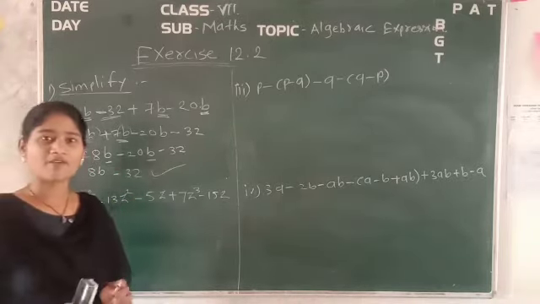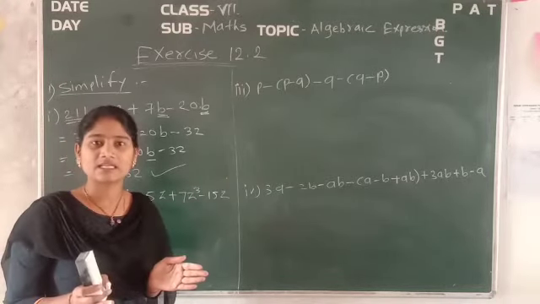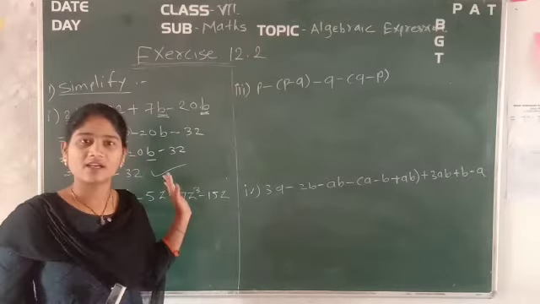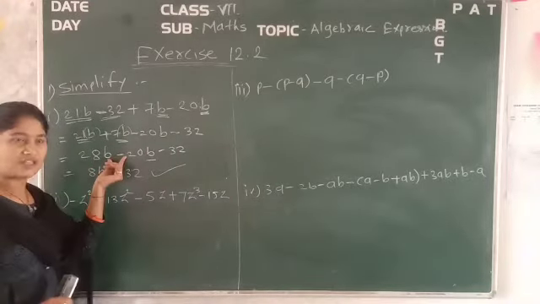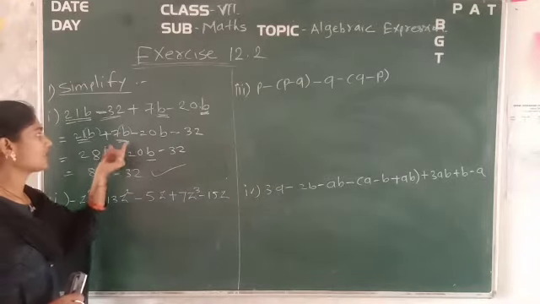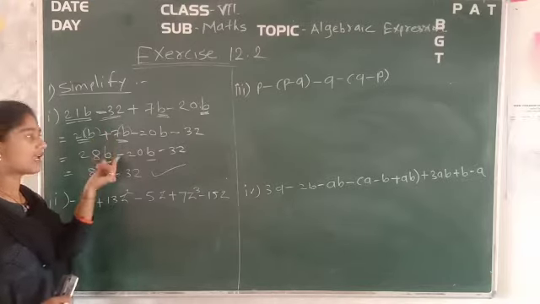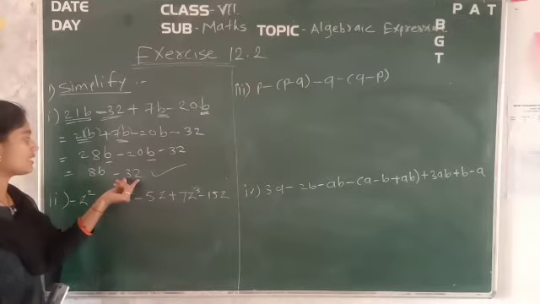It means what you did is nothing but arrange the like terms towards each other, and you did whatever operation was required here. Here it was given addition, that is subtraction. Here it was given addition. So first of all you added this number, again you subtracted that number, and finally you got the answer, that is 8b minus 32.